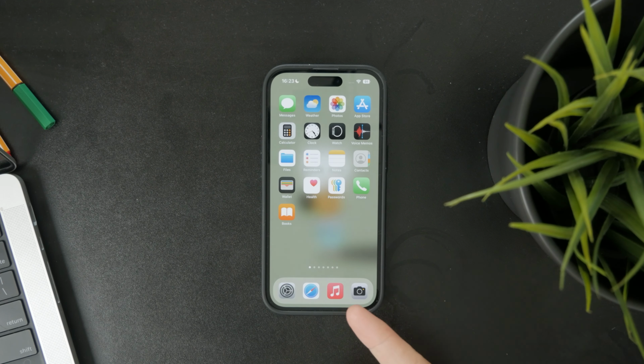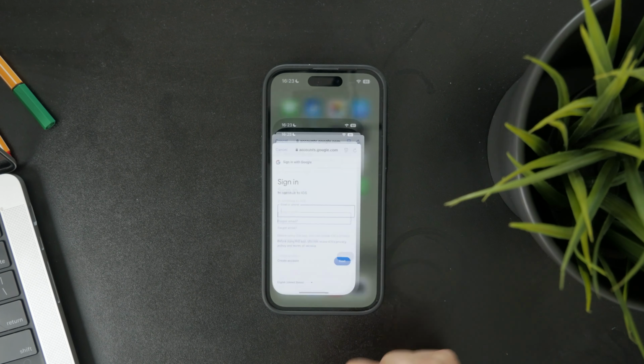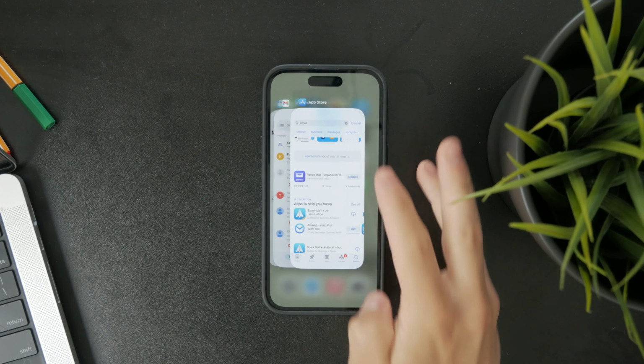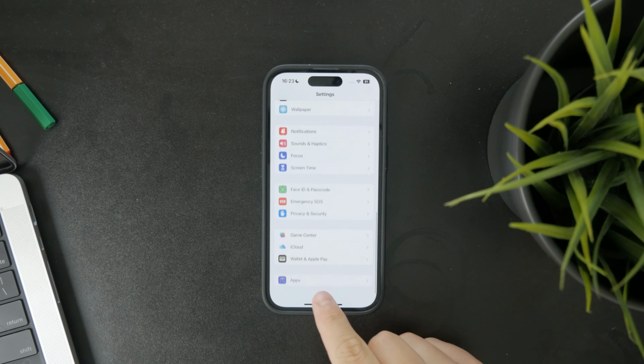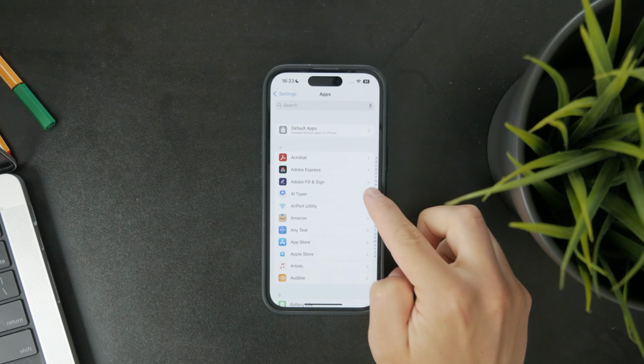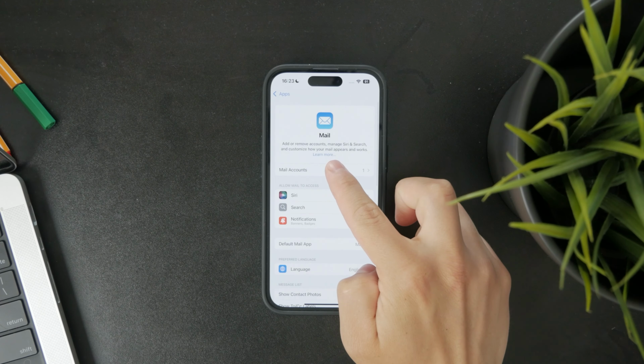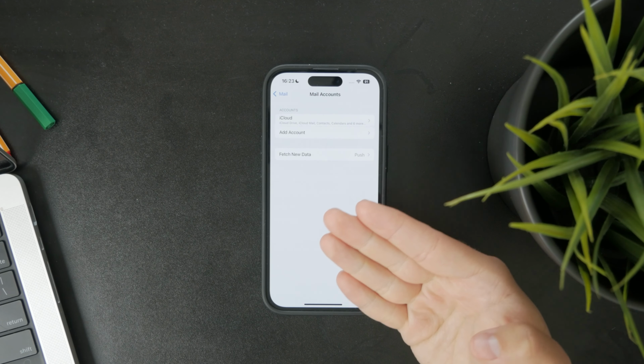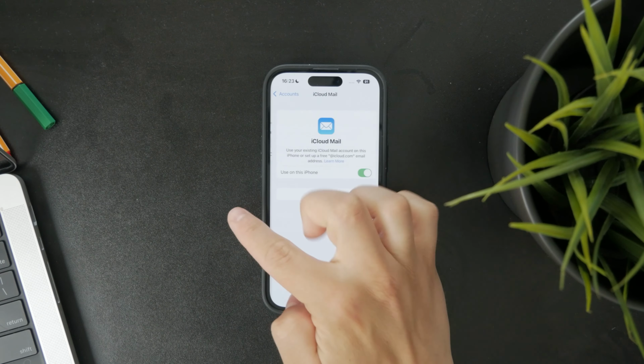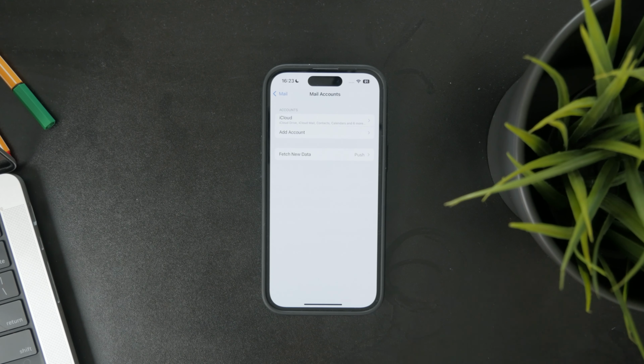So on your iPhone, open up the settings and go to the apps section at the bottom entirely. Then click on the Mail app from the list and tap on Accounts. In there, you should already find your Google account listed, so you can tap on it and remove it altogether, right? So the account will be removed, and it's not like you can just change it, right? At first, you have to remove the current one, and then you're going to be able to add a new